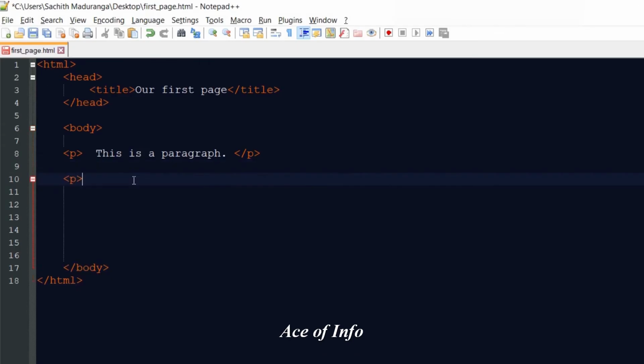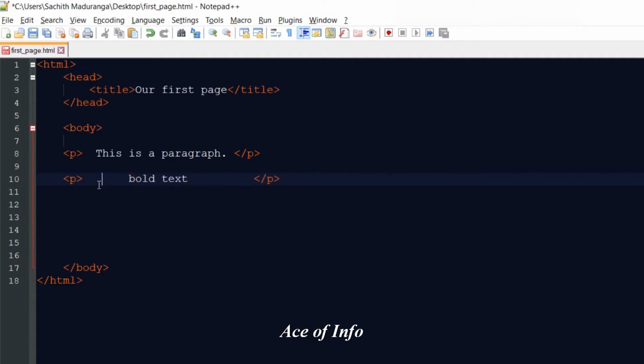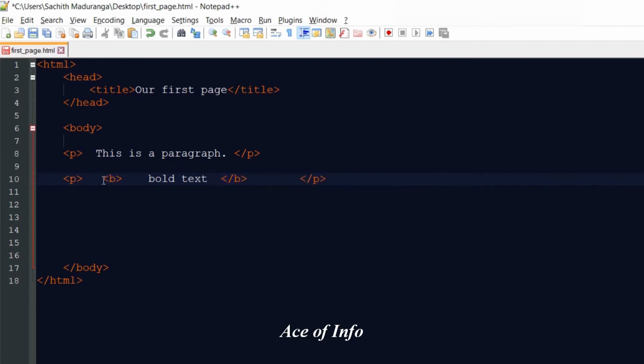First, I'm going to have a paragraph here. Inside of this p tag, I'm going to put a paragraph. Let's talk about bold text. So the tag for the bold text is the b tag. When you open the b tag, and then after you're done, you have to close the bold text. So inside this bold tag, this text is bold, which means highlighted, not the normal font, it is more highlighted. Let's see how this works.